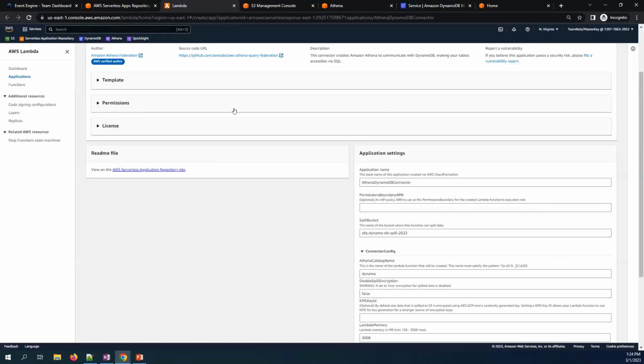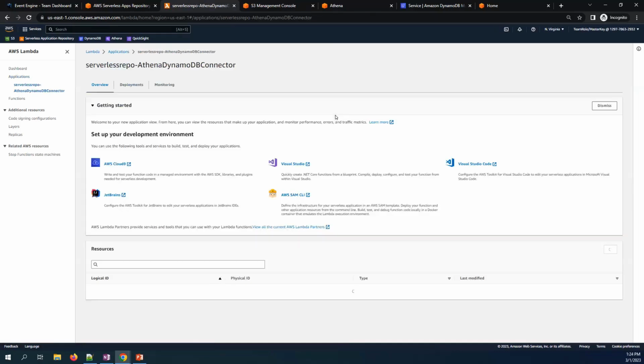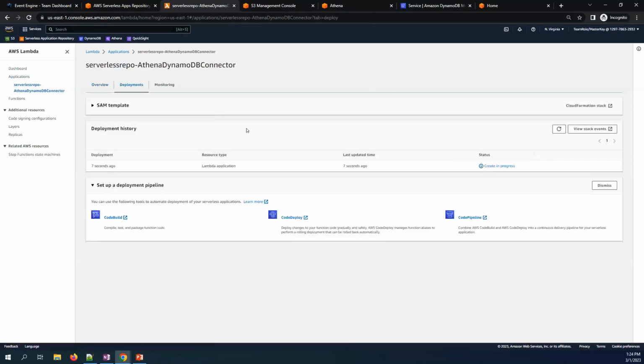So it takes approximately a minute for your connector to get deployed. And once the connector is deployed, we can keep track of how it is progressing. So it seems like the status shows that it's in progress right now. Once this is done, we would be able to proceed with our next step, which is about creating an Athena